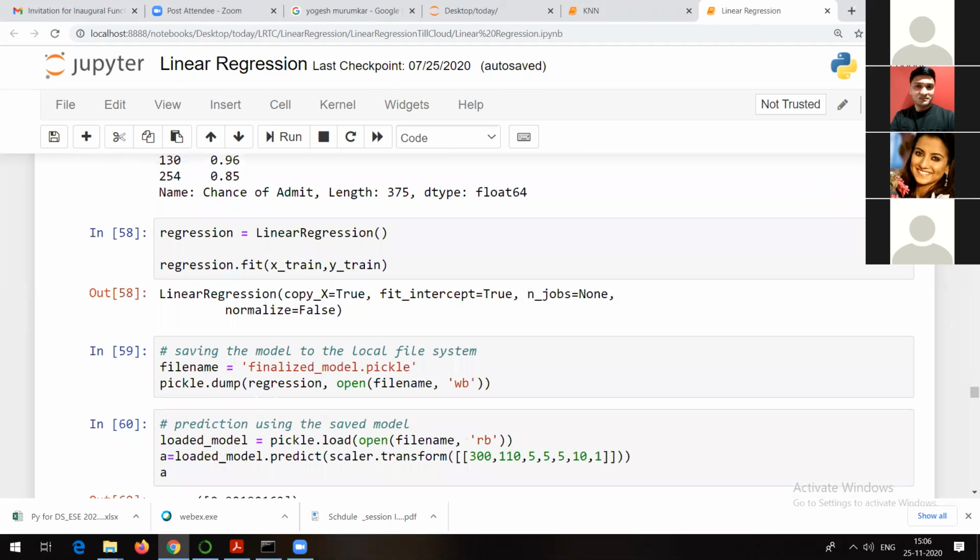And finally, as I want to create a model, I am going to call the linear regression method. So that's it. Even if you are not aware of the logic behind linear regression, you will still be able to create a model with the help of this. So linear regression, create an object of that. That is called regression. And regression dot fit. This is nothing but actual training, on the basis of x train and y train. X is nothing but the input and y is nothing but the output.